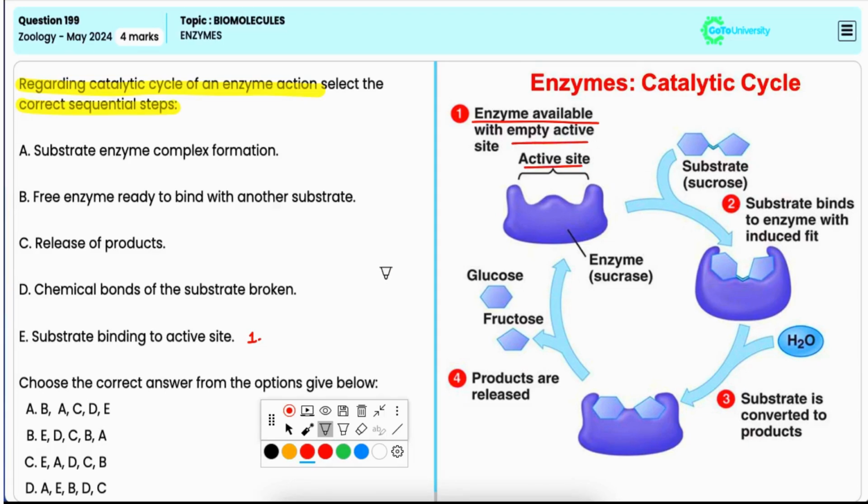Number 2, the enzyme and the substrate form a complex, thus stabilizing the substrate for catalysis. Number 3, the enzyme facilitates the conversion of the substrate into products by breaking or forming chemical bonds, that is, chemical bonds of the substrate broken,